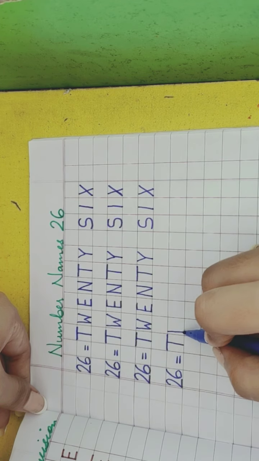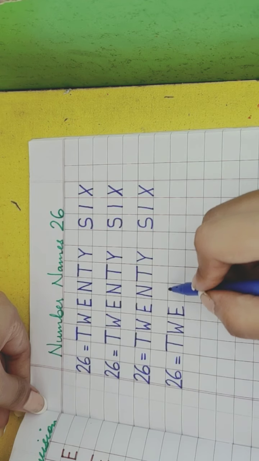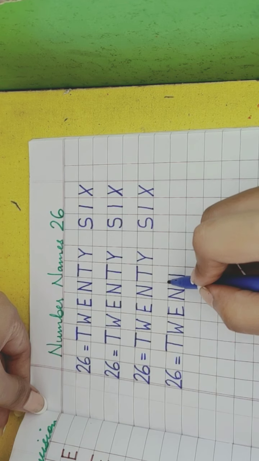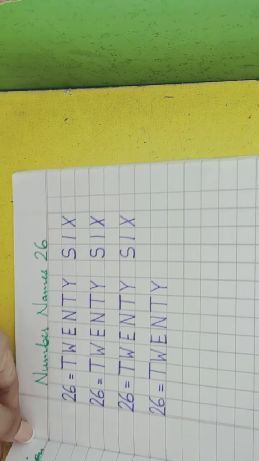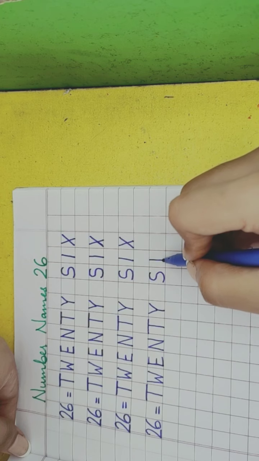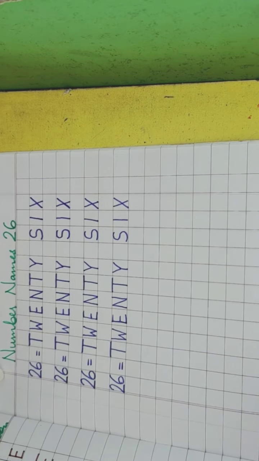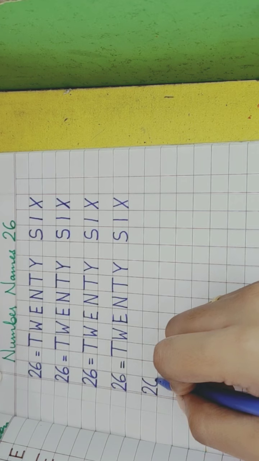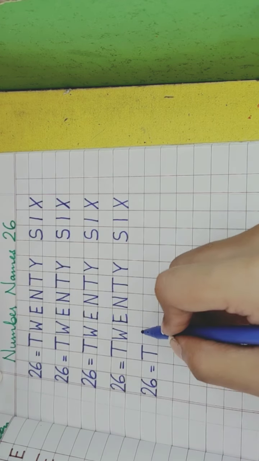T W E N T Y, 20, S I X, 6, 26. Very good. See again, write down 2 and then 6. Okay, 26. Spelling of 26 is T